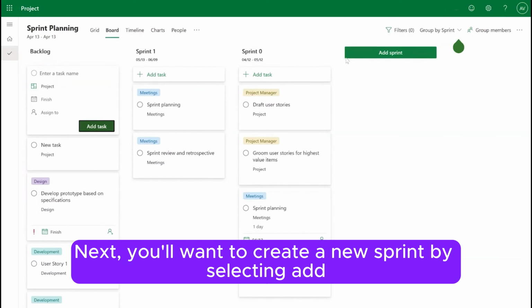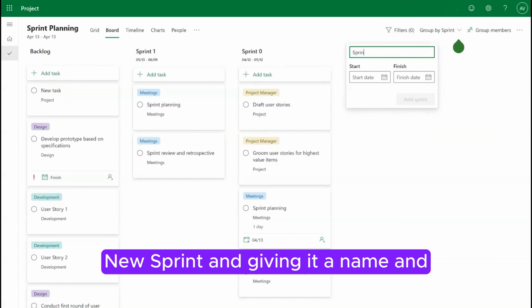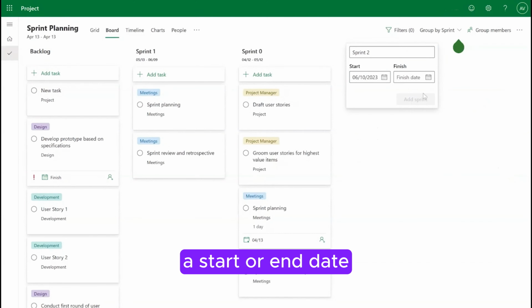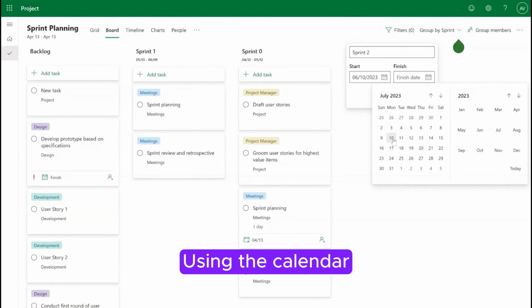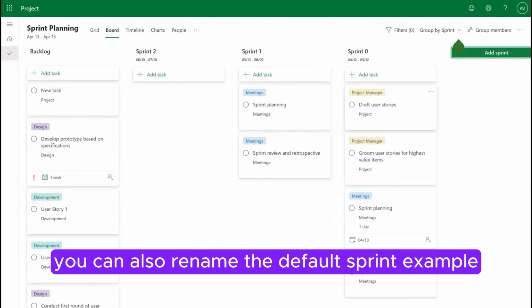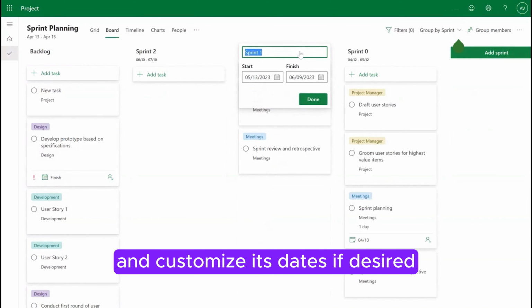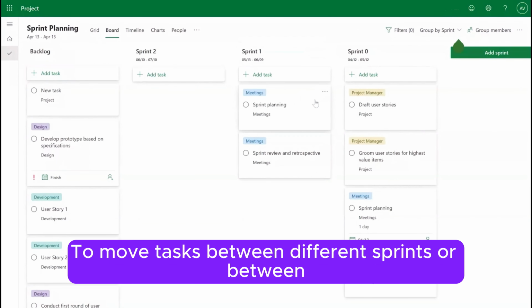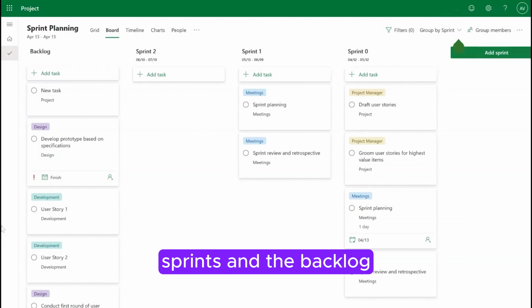Next, you'll want to create a new sprint by selecting New Sprint and giving it a name and a start and end date. Using the calendar, you can also rename the default sprint example and customize its dates if desired. To move tasks between different sprints or between sprints and the backlog,